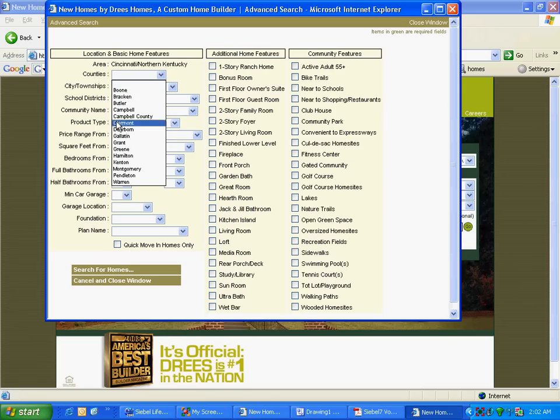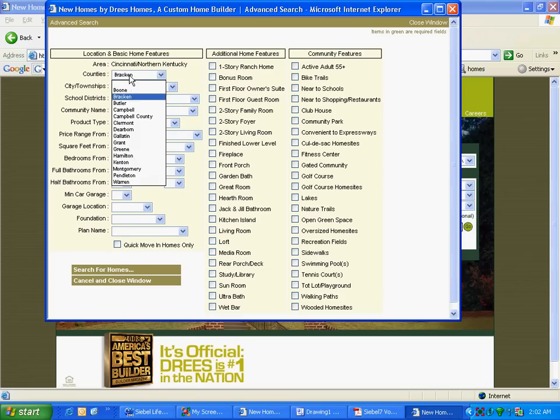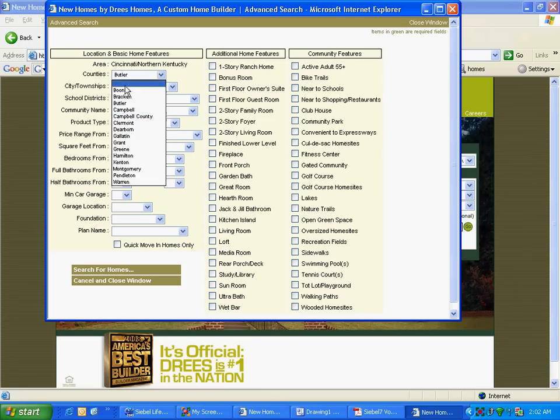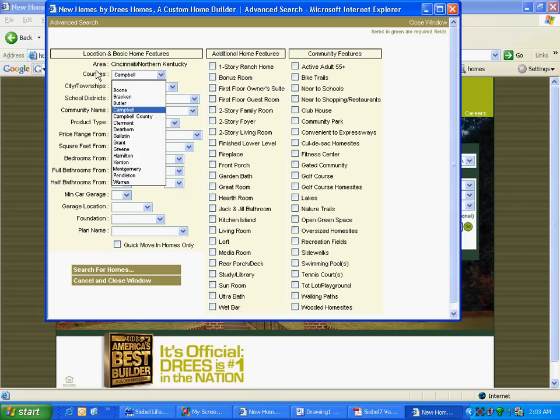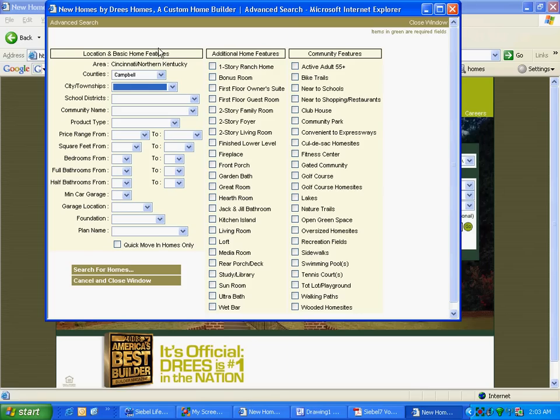And have I chosen anything? No, I have not chosen anything yet. But the choices themselves are constrained by the value in the previous field. Right? Let's say I choose this thing. Even though these are now chosen, these are dependent on this field. See, Addison, Alexandria were the first ones. If I come here to Campbell, these are not constrained by this county field, but these are definitely constrained by the Cincinnati area field. So everything is driven by area.